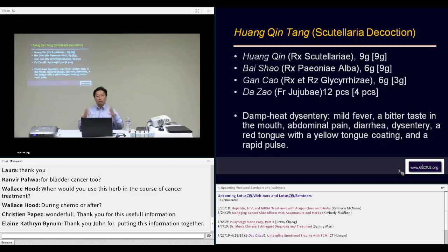Once again, damp heat describing a localized problem, and only 1 out of 4 herbs is a heat clearing herb, and that will be Huang Qin. The other 3 are all tonic, yin nourishing, protect qi tonic, and preserving type of herbs. All right. So